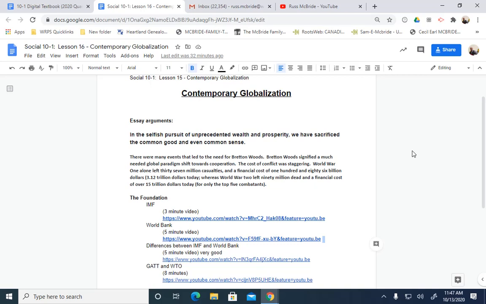We're going to want to be able to leave here today knowing more about the roles of the IMF and World Bank and some of the differences between them. As a secondary thing, we also want you to know about GATT and the WTO, and that's probably it. Looking forward to tomorrow. Tomorrow will be beginning chapter 10 and looking at transnationals. I would say that academically, some of the stuff we do with transnationals is the most academically challenging stuff you'll see this year. Something to look forward to. You like to be challenged, right?